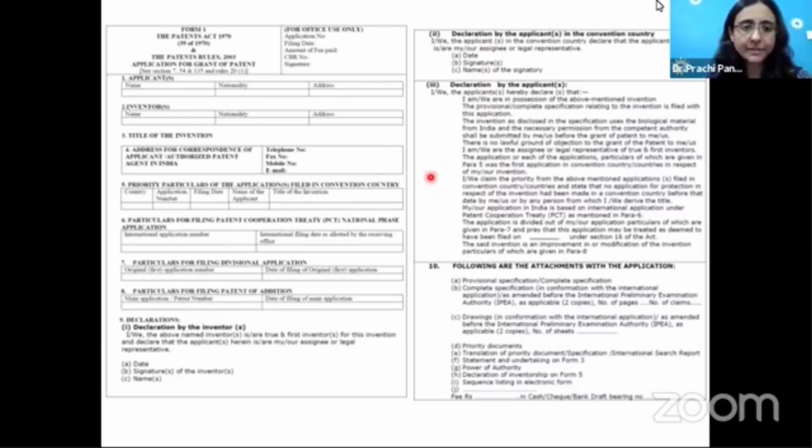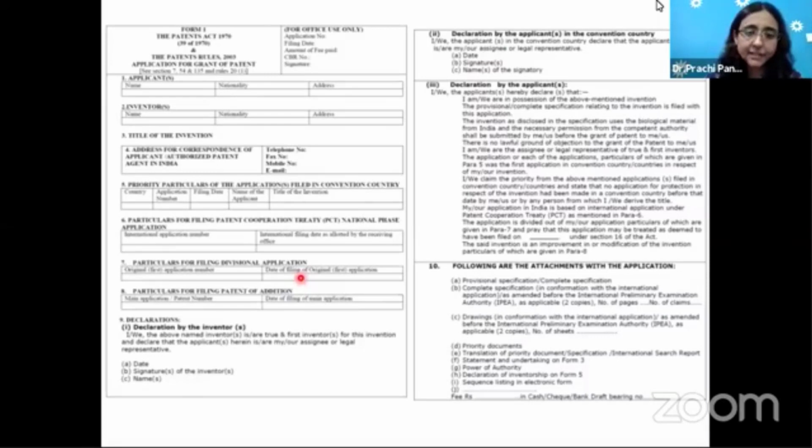If you are not going to the Paris Convention, write here not applicable. If you are going through the PCT route, write here the details. Otherwise, write not applicable. Then particulars for filing the divisional application. I just said that a divisional application could be filed before the issue of the first examination report by dividing your patent into 2 or 3 parts, because your patent is actually not a single inventive concept but many inventive concepts, so it could be rejected. So you are dividing it yourself into 2 or 3 patent applications and filing separate fees for that.